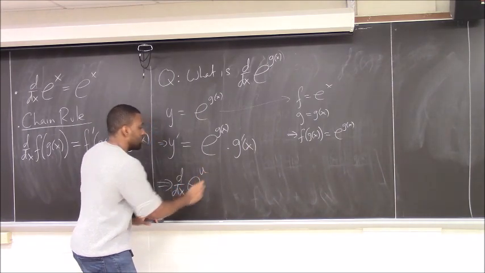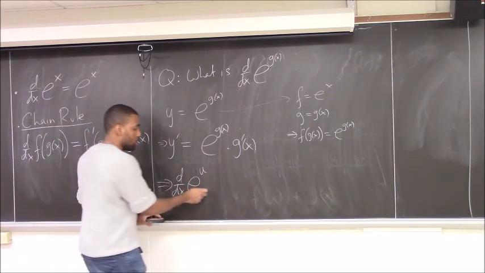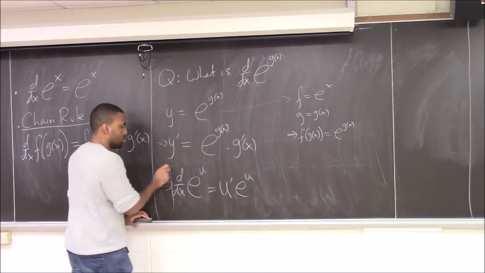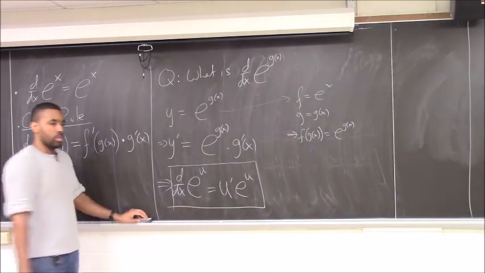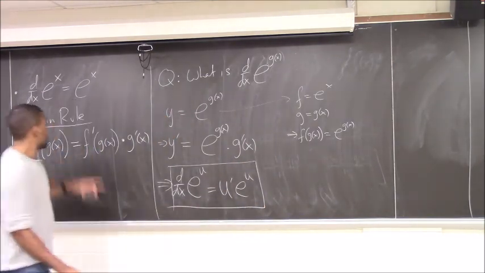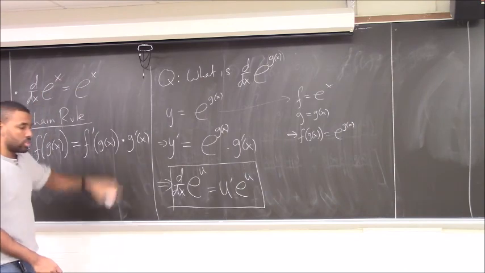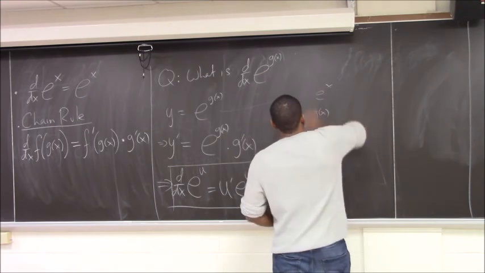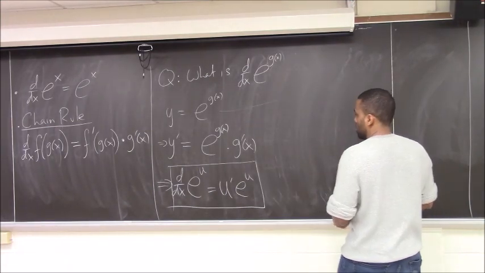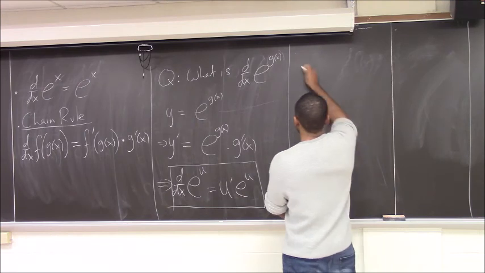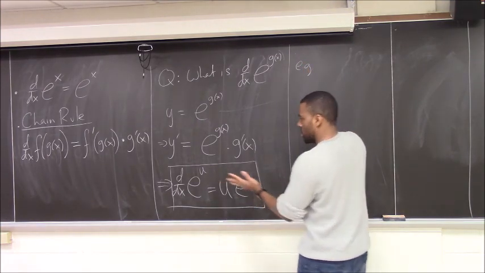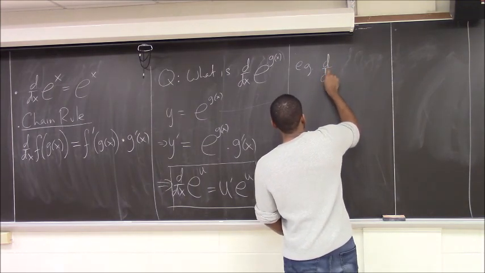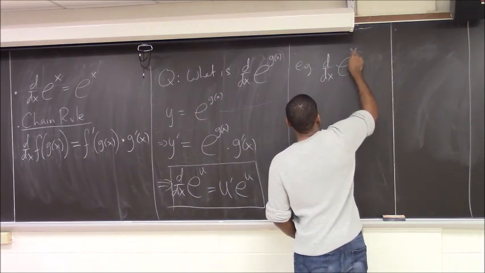It says if you have the derivative of e to any power, I'm going to call it u, the derivative is u prime times e to the u. So combining these two, the chain rule applied to the general exponential yields that derivative. Let me just illustrate with a simple example, but we're going to move on because we'll do tons more examples later. So for example, if I wanted to differentiate e to the x cubed,